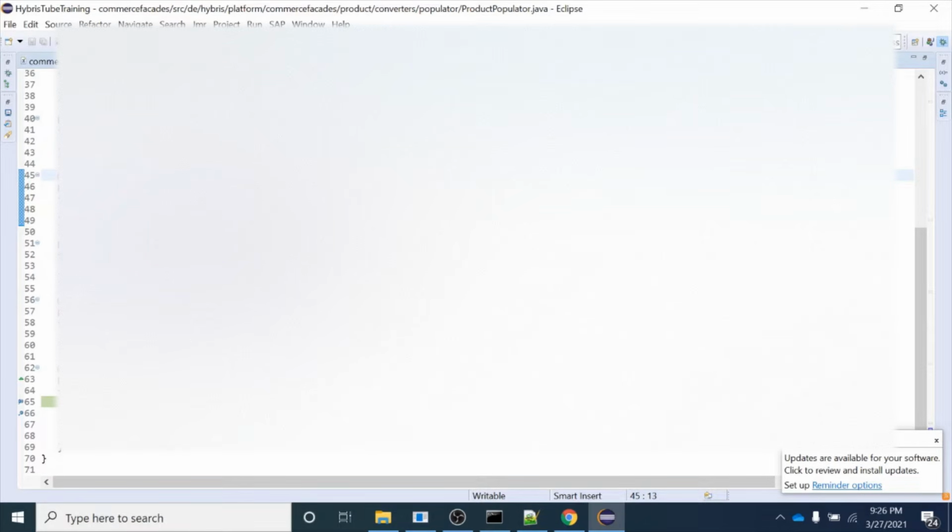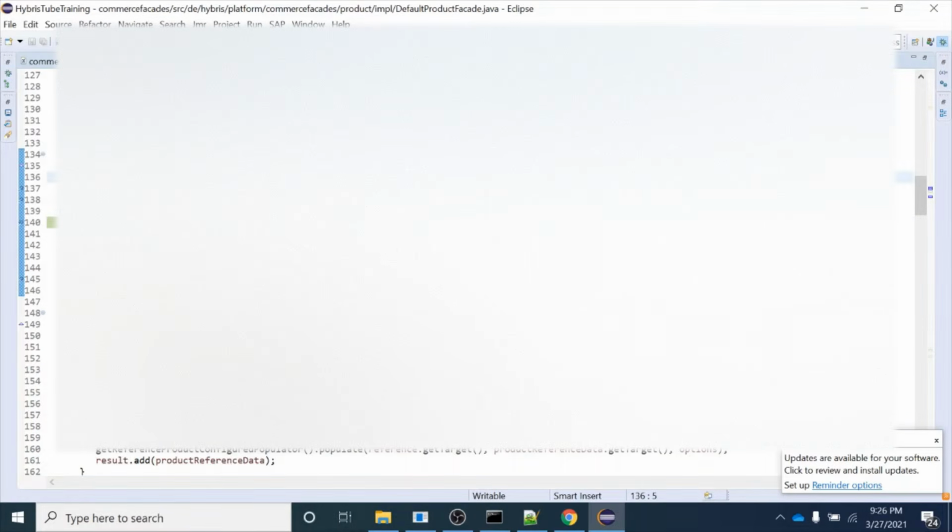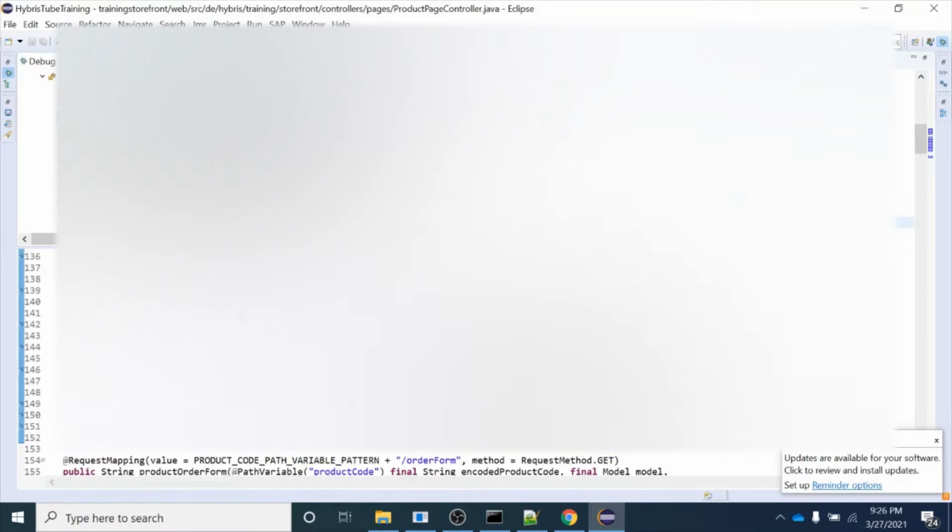In that, I will be doing the conversion of my three new custom attributes which I am going to add, and that populator will be extending this product populator only, right? So I hope now you understand this. And guys, after calling this populator, we get the data in the form of a product data object, and this is the same data we are going to return to the